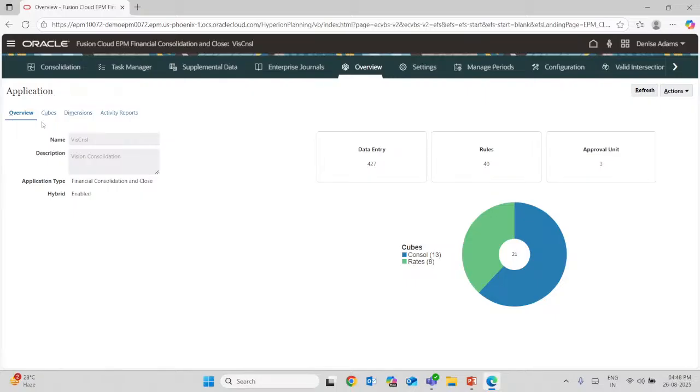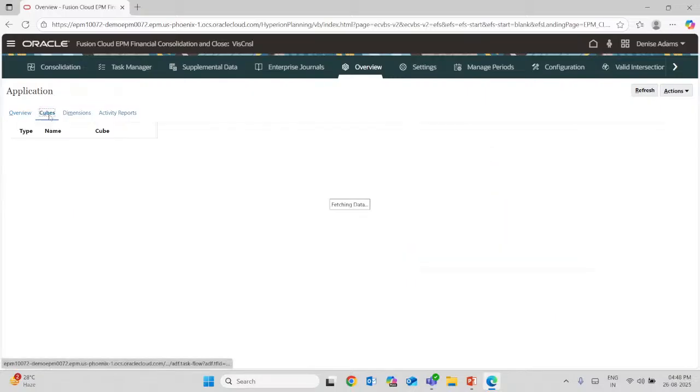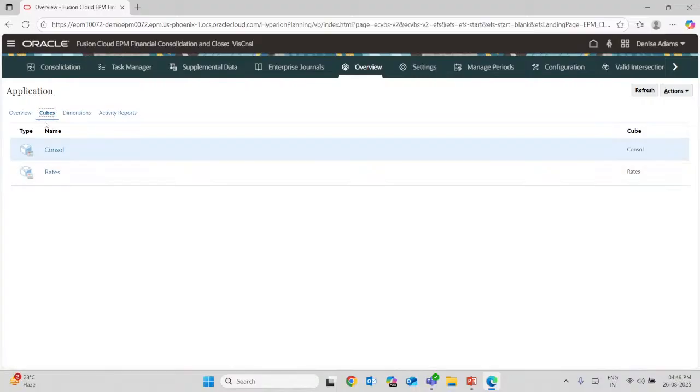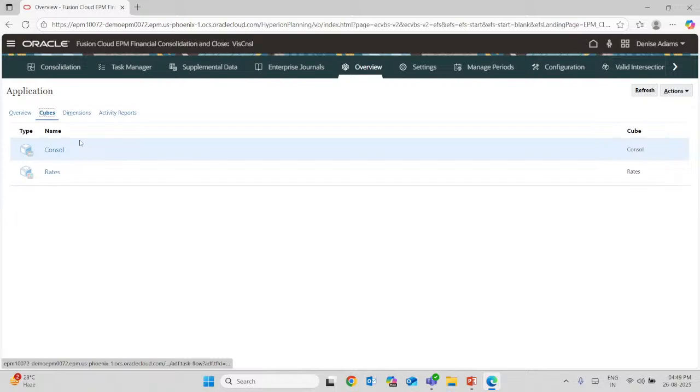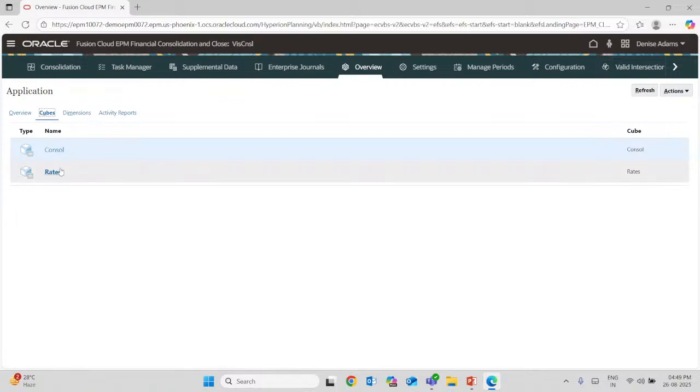So if I talk about the cubes, this cube is occupying the consoles. Currently there are 2 cubes. First one is Console, other one is RAID. So currently we are only going to work on the Console cube only. And then Console and RAIDs, there are 2 cubes, Console and RAIDs, and